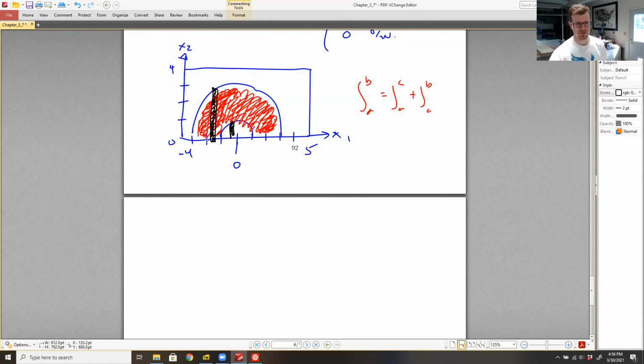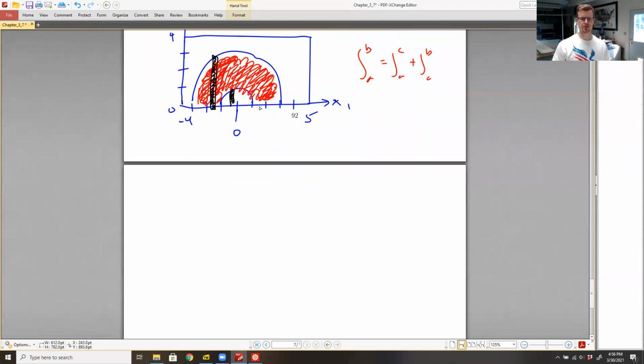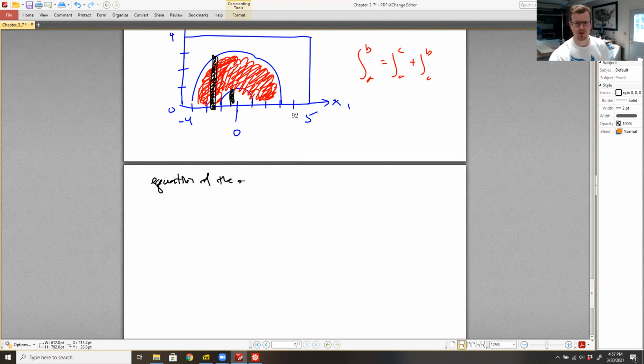And then I can integrate from -3 to 3. And I can integrate over this area and then integrate from -1 to 1, making the integrals relatively easy. So the equation of the outer line